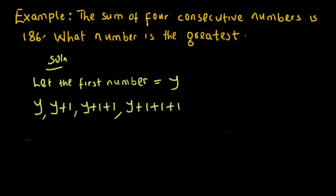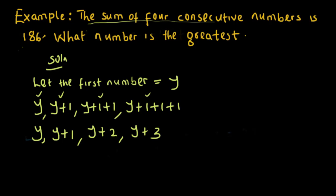Do you understand? So we have 4 numbers: 1, 2, 3, 4. So it means that the first is y. The second is y plus 1. The third is y plus 1 plus 1, which is y plus 2. And then the fourth is y plus 1 plus 1 plus 1, which is y plus 3. So these are the 4 consecutive numbers. Now we are told that the sum of the 4 consecutive numbers is 186. I hope you can still remember that sum means plus. So we have y plus (y plus 1) plus (y plus 2) plus (y plus 3), which means what? Equals